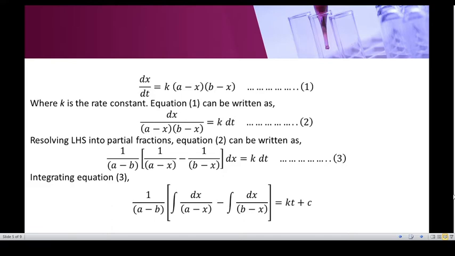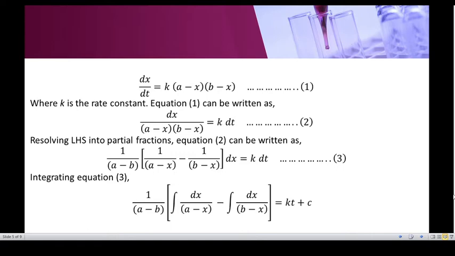If you reorganize this, you will get dx divided by (a minus x)(b minus x) equal to k dt. Upon resolving the left hand side by partial fractions, you get 1 over (a minus b) into [1 divided by (a minus x) minus 1 divided by (b minus x)] dx